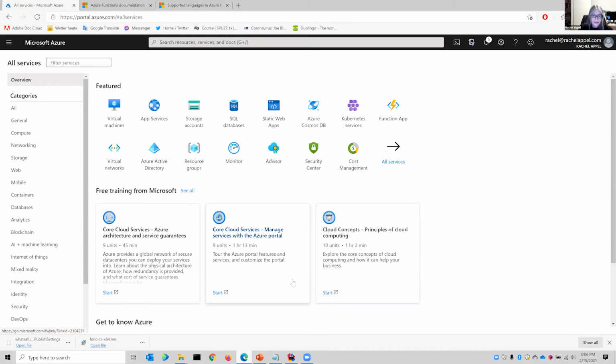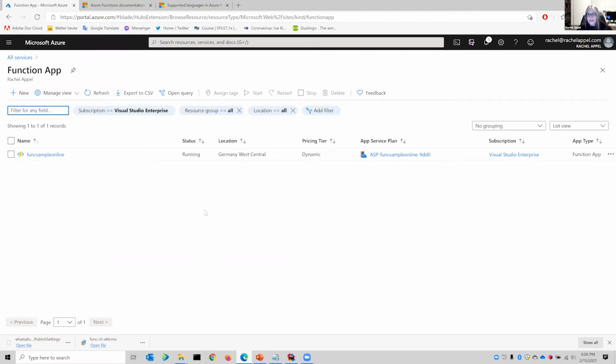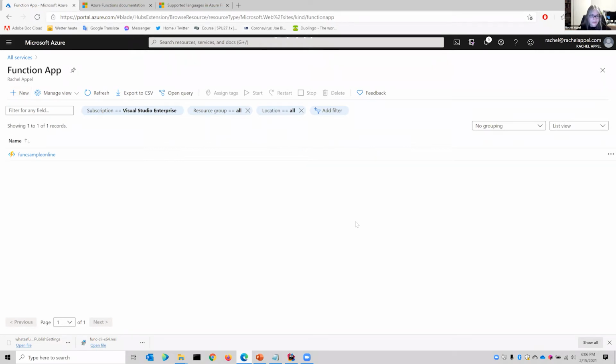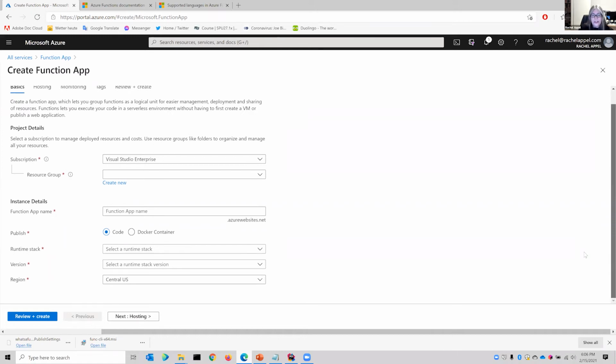Being that I'm JetBrains, I'm going to use Rider because that's our IDE. But here, as you see, once you've logged into Azure, I can go to Function Apps. And then here, you'll see your list of function apps. I can say I want to create a new function app. And here it's going to ask me the things that you need to know, whether you use the IDE